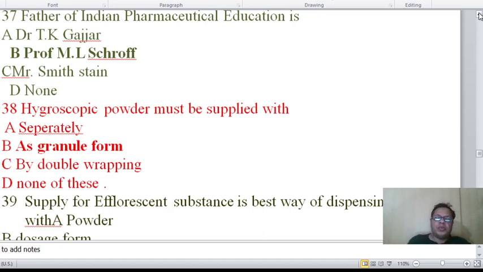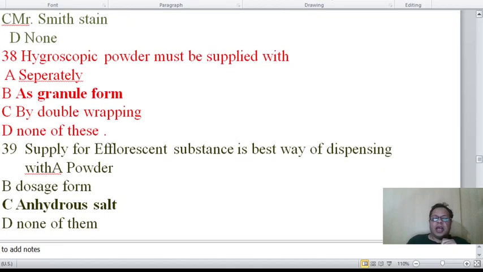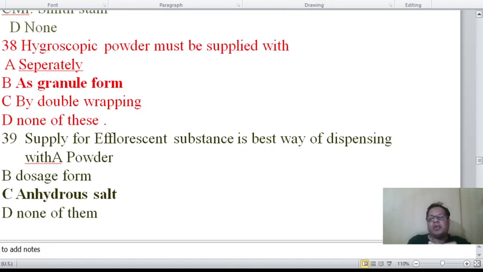So for question number 38, option number B is the right choice. For question number 39, supply of the efflorescent substance is the best way of dispensing with what? So efflorescent substances are being supplied with the anhydrous salts. So for question number 39, answer number C is the appropriate choice, because option number B is not an appropriate